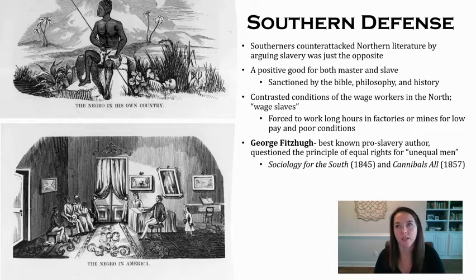The history of slavery, like they try to justify it in so many different ways, in addition to the political, constitutional issues of protecting property. Now, George Fitzhugh is probably the best known pro-slavery author, and he really focused on the fact that